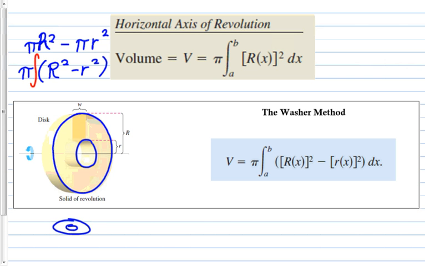This is just basically circles, and we are subtracting a circle from another circle. And then we're integrating in order to make the area into volume. That's it. So the washer method is the outer circle minus the inner circle. And so that'll be 2 equations. You do have to sometimes, though, figure out what is the radius. And the radius is usually an equation. Sometimes it's actually just a number. All right, so